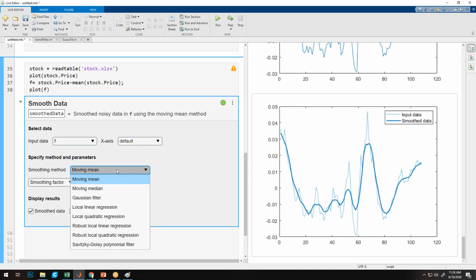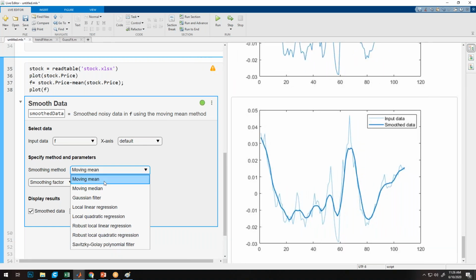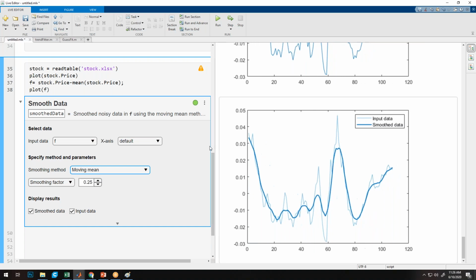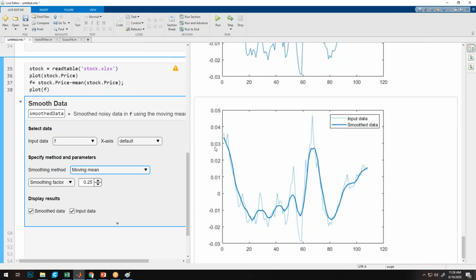Smoothing can take many approaches, depending upon the mathematics. Moving mean means, if I take say an interval of 10, then whatever 10 data points I have, I take the average, manipulating the data. Right now you can see the effect the moment I take the moving average mean. The graph with the light blue color is the actual, and the graph with the thick blue line is the result after the moving average mean method.